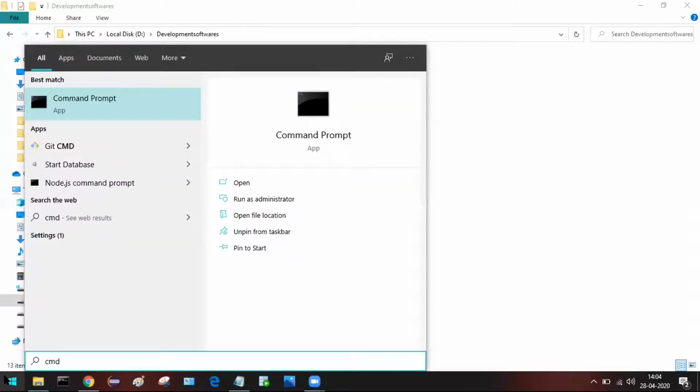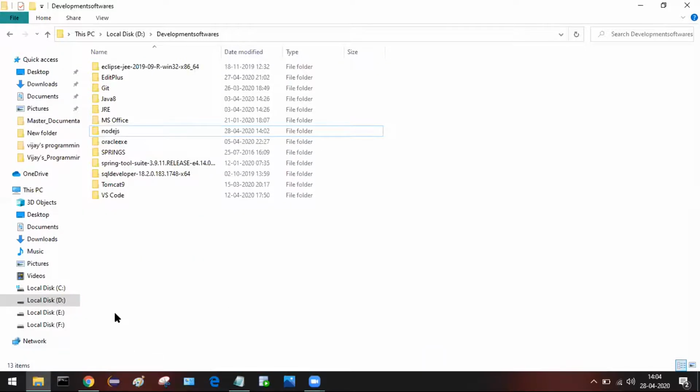You'll get the command prompt. Then you can choose pin to taskbar, and directly launch the command prompt from the taskbar itself. In my case, I have already pinned it to the taskbar. I'm just clicking on this command prompt.